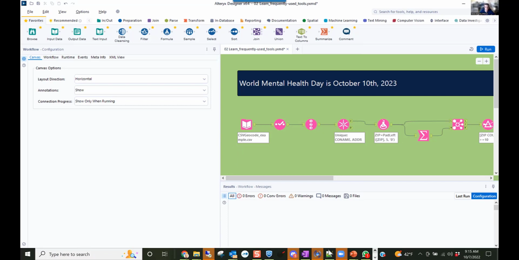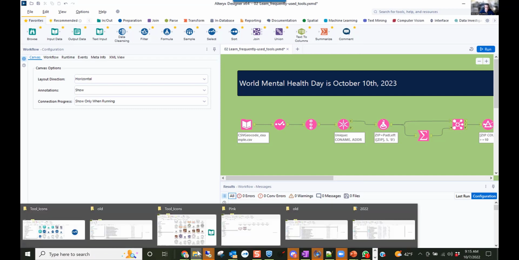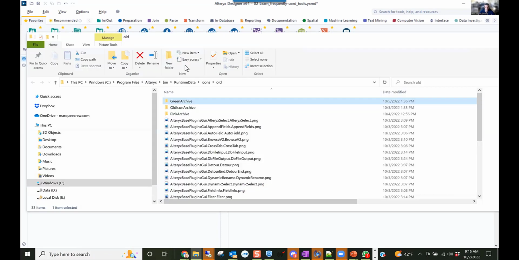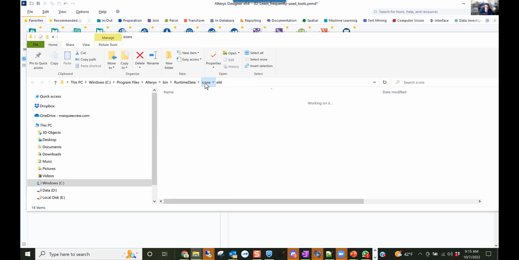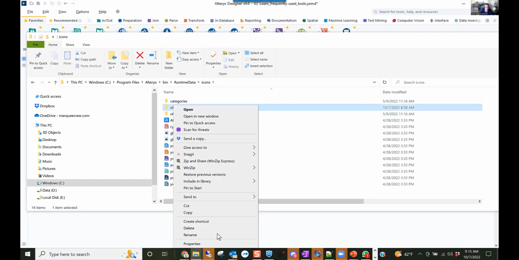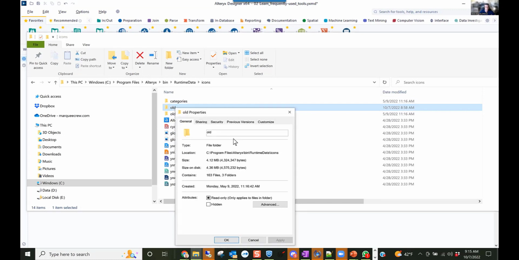I have saved on one of my many open windows where you need to go to. It's C, Program Files, Alteryx, Bin, Runtime Data, Icons. And if in Icons you were to go to Old and then go into Properties,